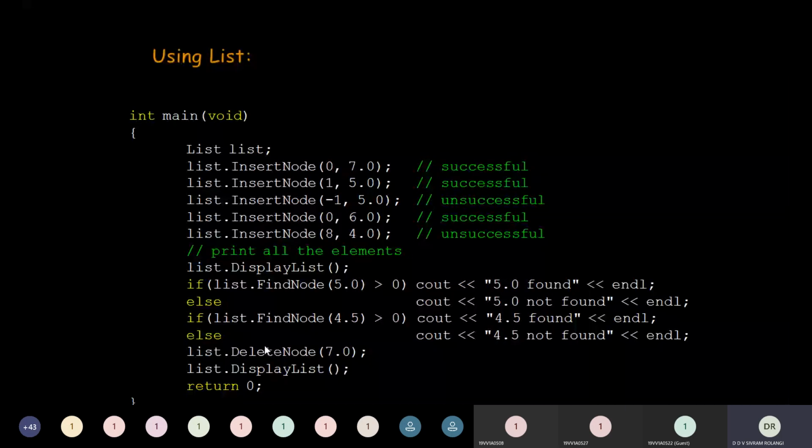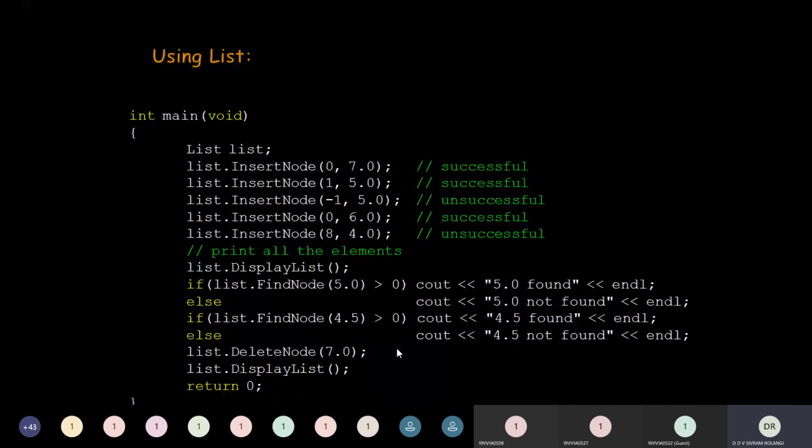Whenever you encounter an operation, you go to the case corresponding to that operation and perform it. If none of the operations match, then go to the default action. Otherwise, you simply come out of the switch case and print a diagnostic message, something like 'Enter the correct option'. Such kinds of menus you can create.